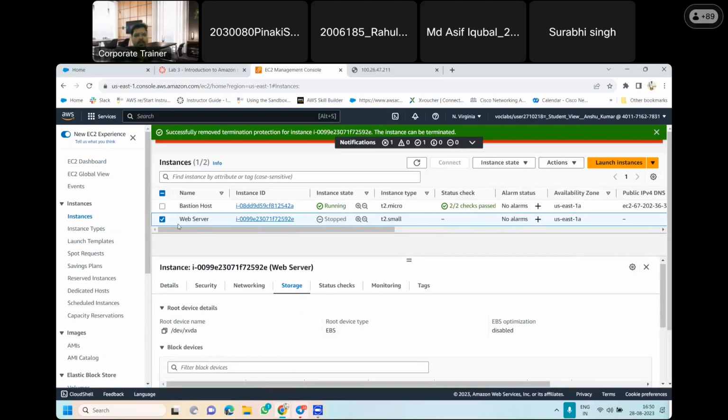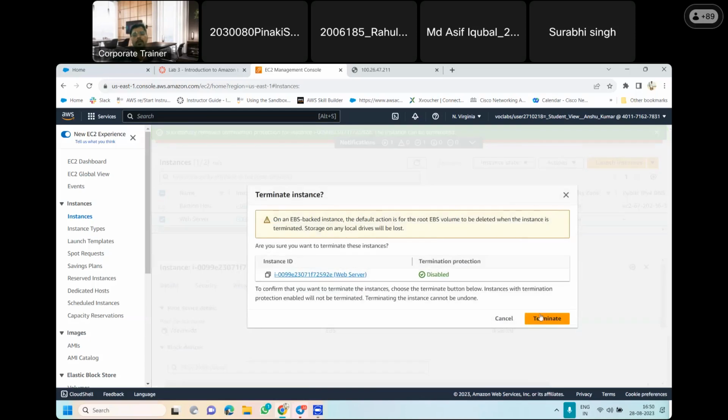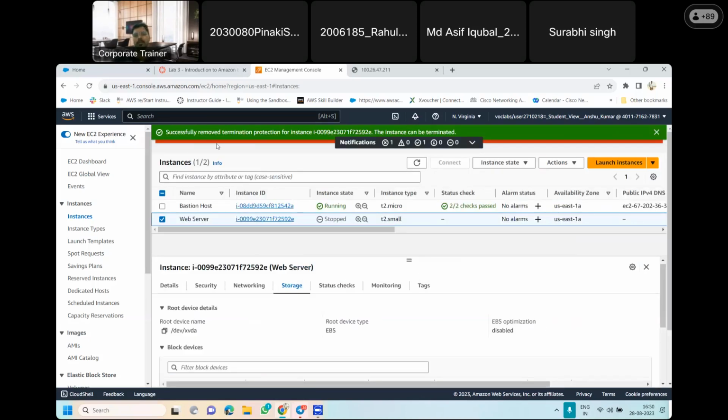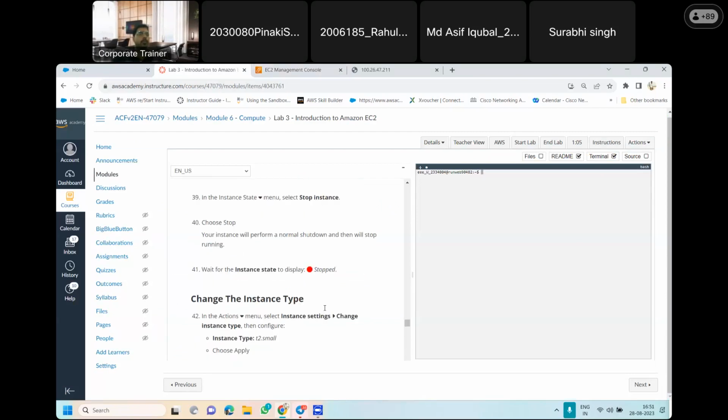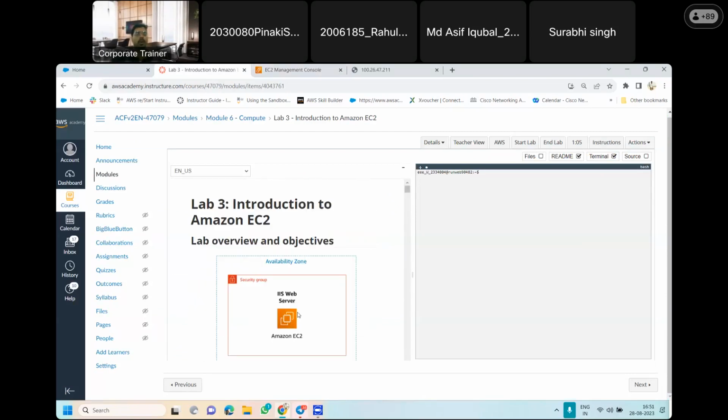Just select this web server instance, go to the action, and then go to the instance state. I mean, not action here, just go to the instance state and terminate instance. Now click over here. So now you'll find that you have successfully removed termination protection and successfully terminated the instance also. Now it is showing shutting down because we have removed the termination protection. Now we can do this thing. Okay, so this is all about lab 3, which was based on introduction to Amazon EC2,